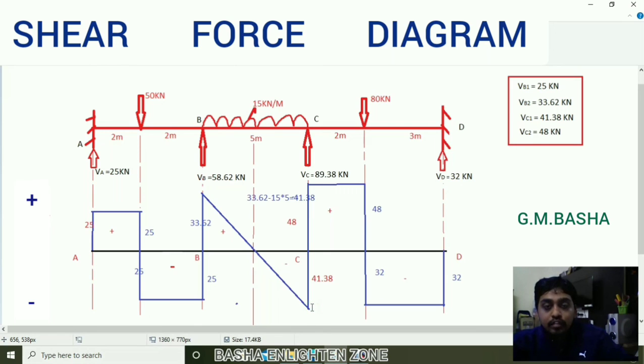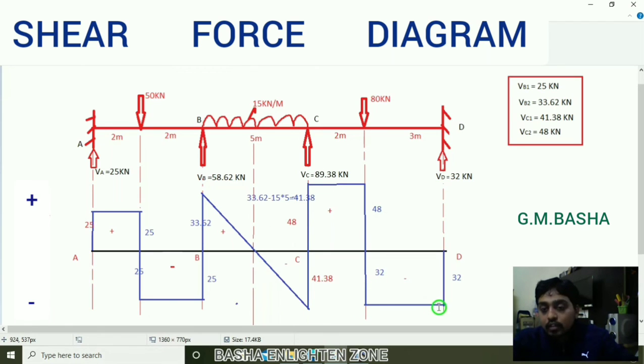So I am at this position, friends. Again from here the vertical reaction mentioned is 89.38 kilonewtons. That is the reason I am drawing 89.38 kilonewtons upward directly. So this one will be 48 kilonewton after removing this negative term. Again from here to the 2 meter span there will be no load, that is the reason I am taking a constant straight line. And from here there is an 80 kilonewton load acting, that is the reason I am drawing 80 kilonewtons straight downward up to here. If I remove 80 minus this 48, the term below will be 32 kilonewton.